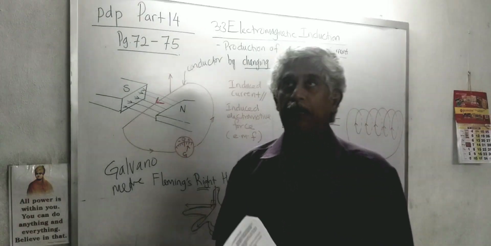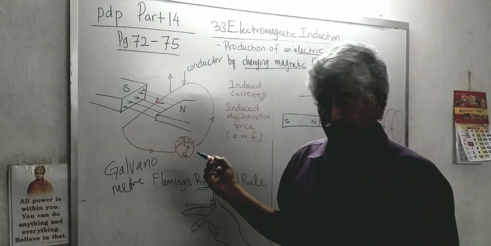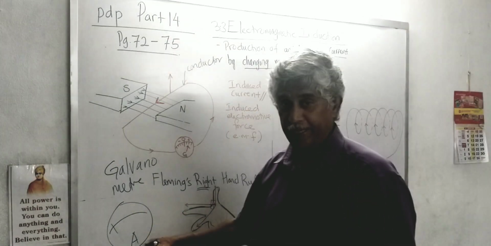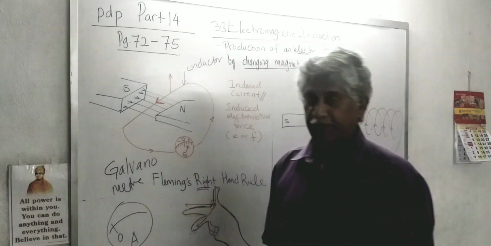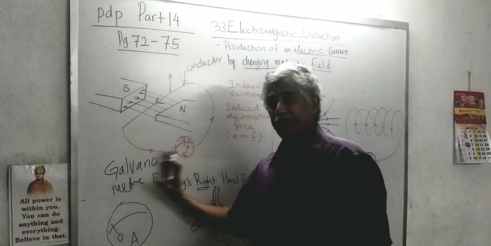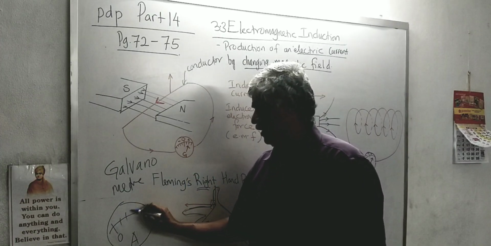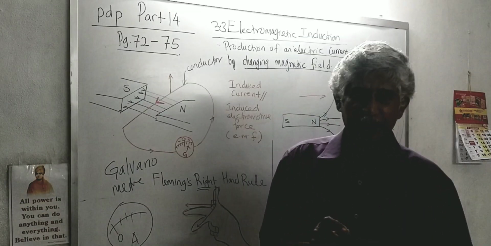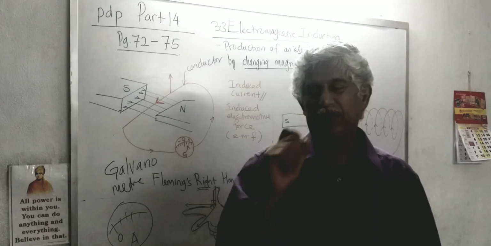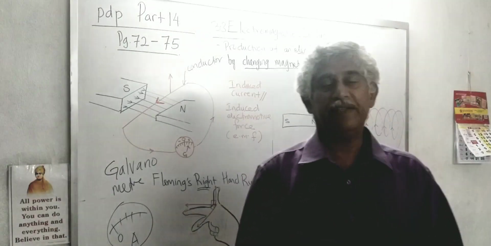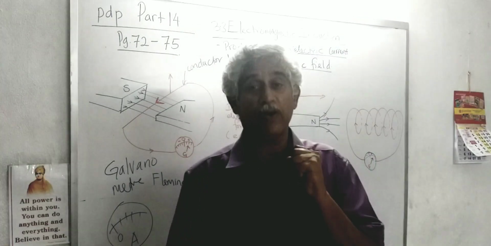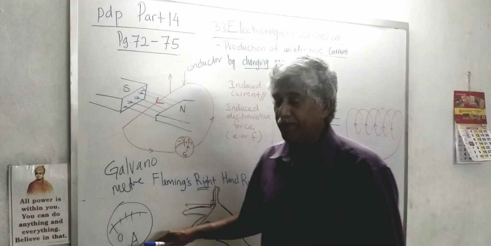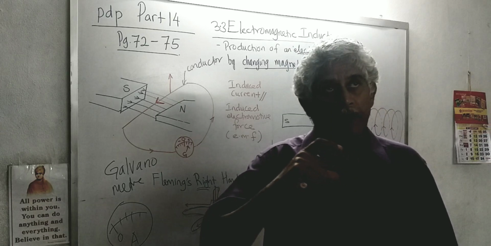If you use just an ammeter, it also measures current. But an ammeter is not zero-center. The symbol here is A, and here is G. For an ammeter, the zero is on one side, so it only measures in one direction, and it measures the magnitude. Whereas for the galvanometer, direction is more important, and also magnitude, because the galvanometer is a very sensitive device to measure a small magnitude of current, like microamps. Very little current, it is very sensitive to capture. An ammeter is used to measure high current.